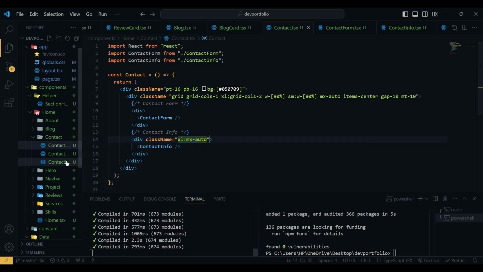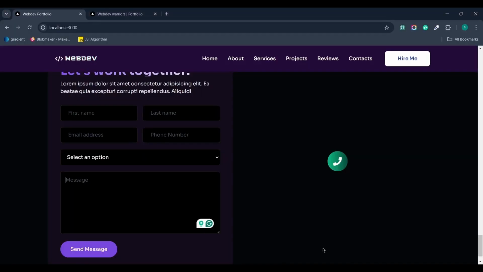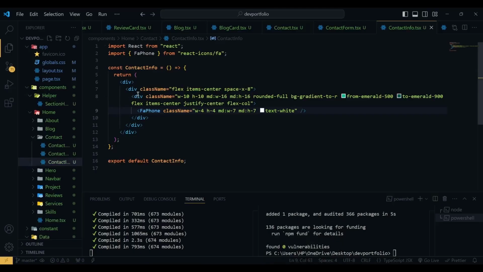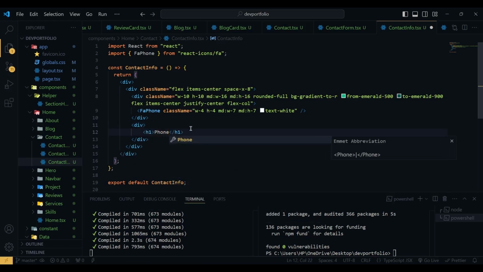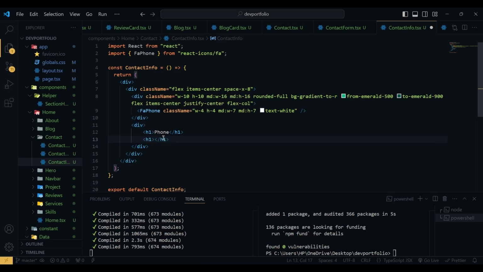Now if I hit save, and here you can see it's in the middle. So after this icon, after this div, we have another div, and inside this div we have an h1, and it will be phone. And this div doesn't have any class name, and we have another h1, and this one will be contact